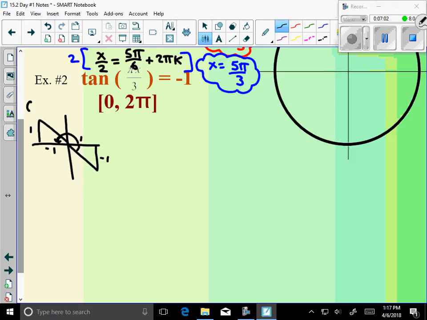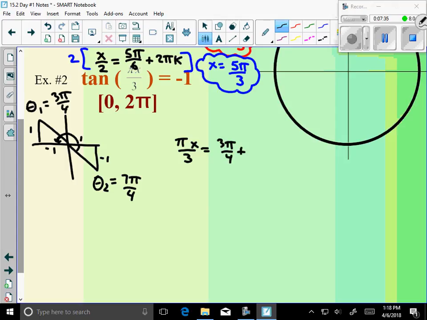Let's call this theta 1, and let's call this theta 2 for a second. What are those? 3 pi over 4 and 7 pi over 4. Good. I don't want to call that negative pi over 4 because I want it to be between 0 and 2 pi, right? So I don't call it that. So I'm going to say that pi x over 3 equals 3 pi over 4 plus, hold on,